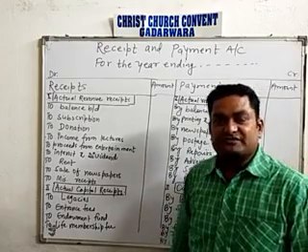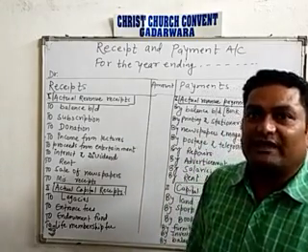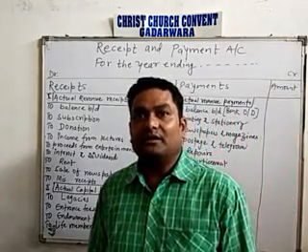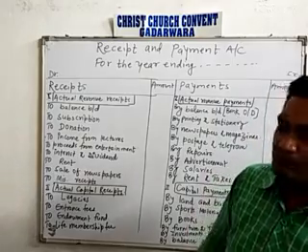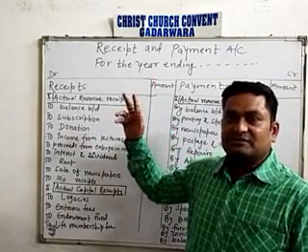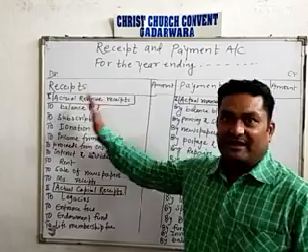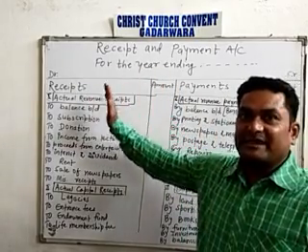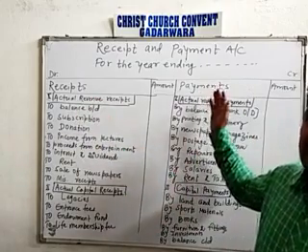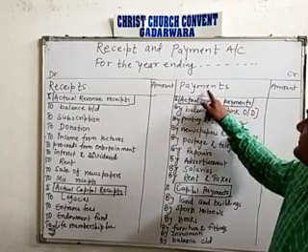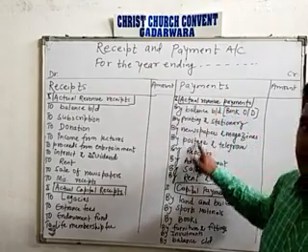In the previous video I told you, first of all we have to write the heading, then the name of the account and for the year ending, for which year it is made. Receipt and payment account has two sides, debit side and credit side. Debit side is considered as receipts and credit side is the payment side. All the payments are written here.